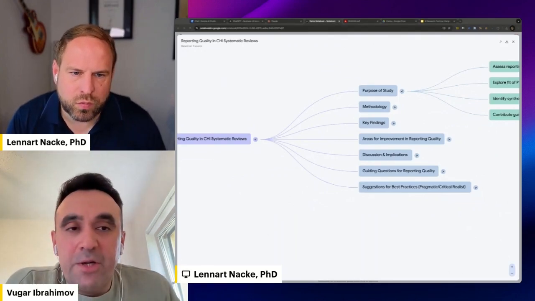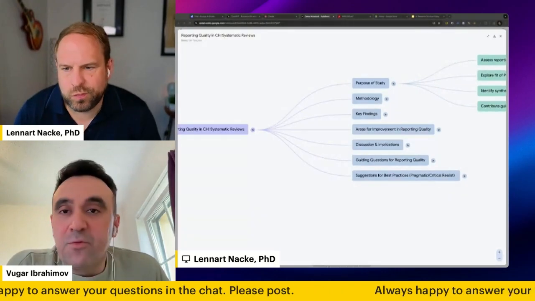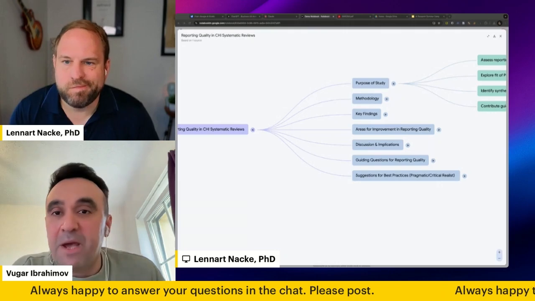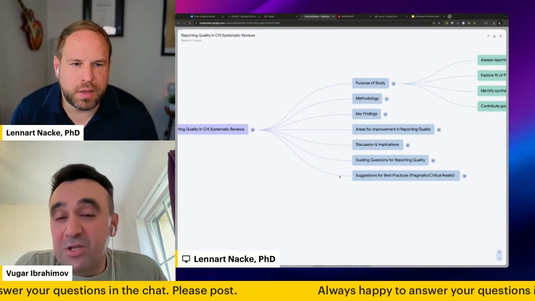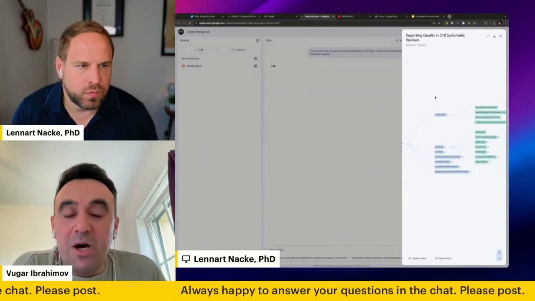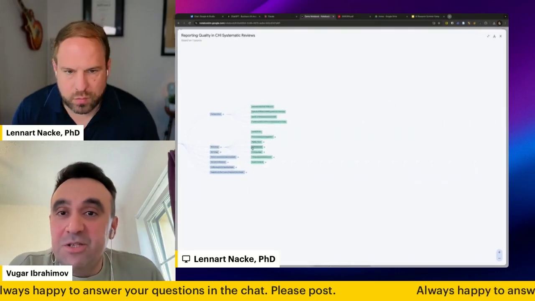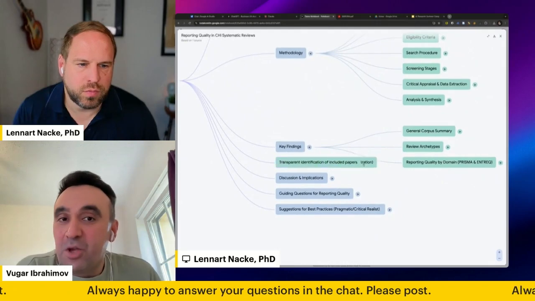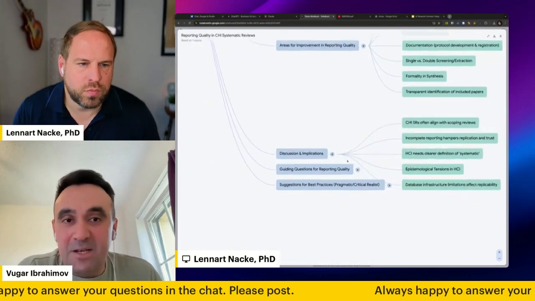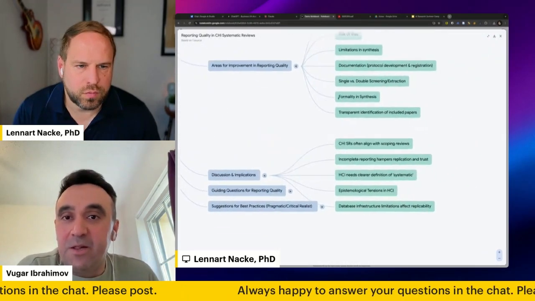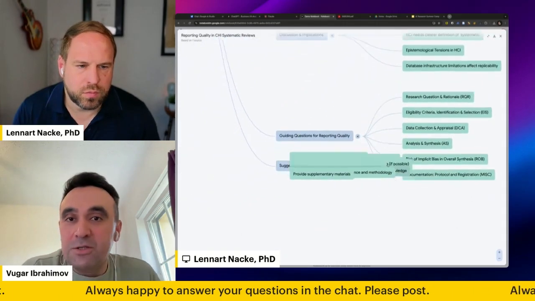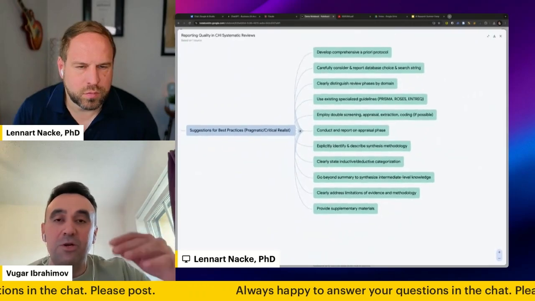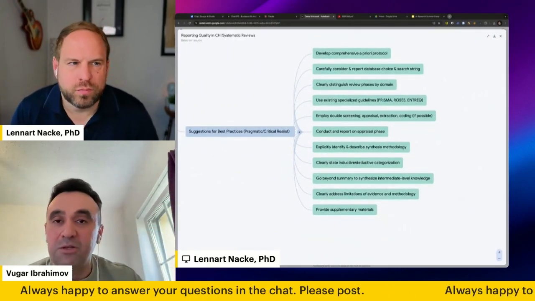Usually in books or in articles, you have the table of contents, or at least the structure of what this paper or this book is about. But for example, in my experience, I was working a lot with laws and regulations, which don't have this kind of table of contents in the beginning. And you can do this mind map creation with any document. I was uploading the laws and regulations, at least right in the beginning, if I don't have any idea about the laws, in order to go through the whole document myself.